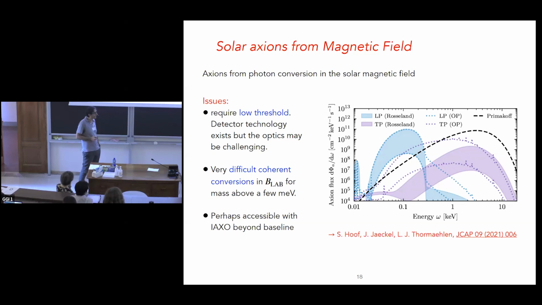for example, with BabyIAXO. But 100 eV is difficult. I mean, it would be expensive. You have to do some substantial changes. So especially for the optics, for the detectors, it's possible, but for the optics, it's difficult. So perhaps this could be something to do in the beyond baseline